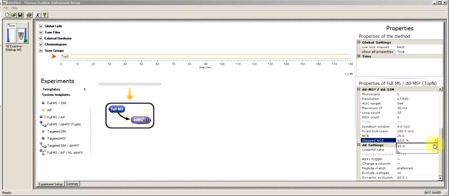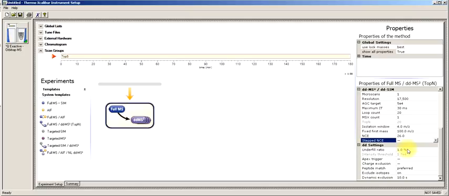But most peptides are going to fragment within the same range, and for most peptides, you're not going to gain much here. Now, the underfill ratio is our minimum cutoff for performing an MS-MS